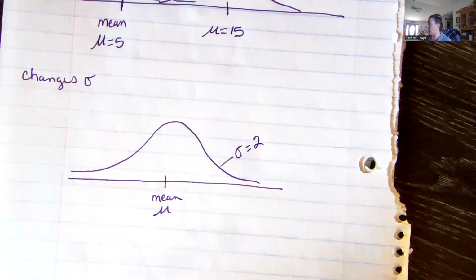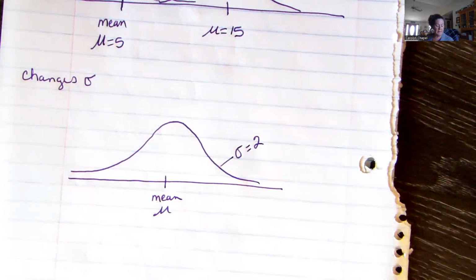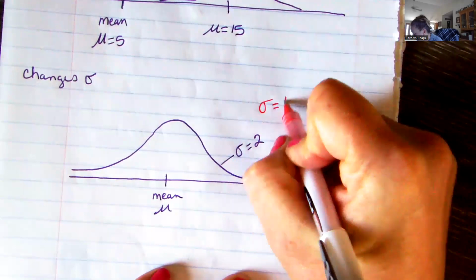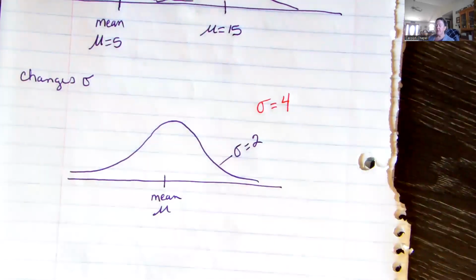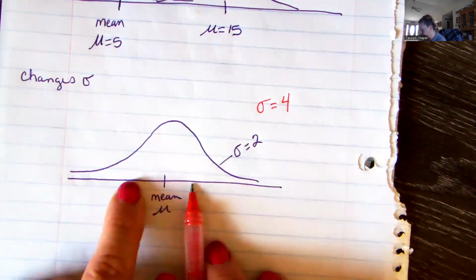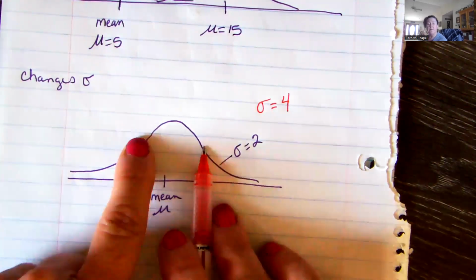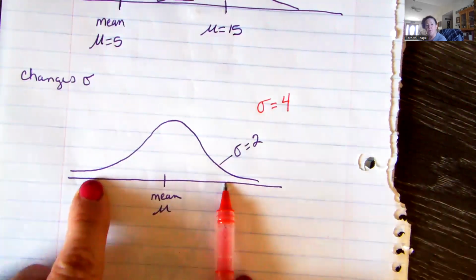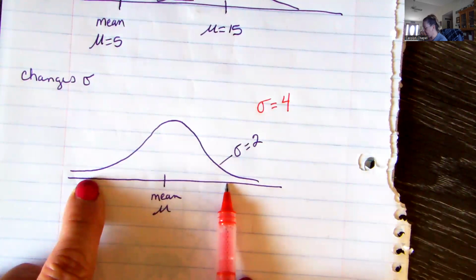Okay. So I don't know how exactly steep or combined it would be, but let's say that we're going to increase this to 4. So let's draw in a different color here. To equal to 4. Now that means it's a larger standard deviation, which means our data is more spread out. And we're going to have to go further. So if I were going here to 2 above, 2 below, we'd see those inflection points. I'm going to have to go 4 above and 4 below this time to get